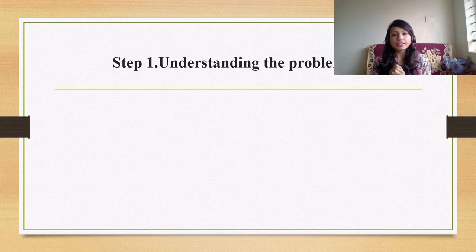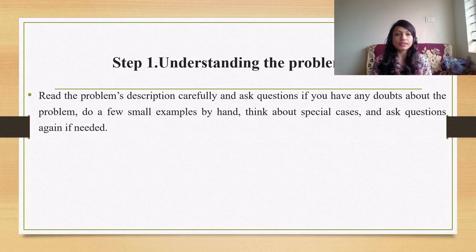So first step is understanding the problem. This is very important in design and analysis of algorithm. Without understanding the problem, if you try to solve it, you might end up with a solution which doesn't match your problem. So you have to carefully understand the problem, spend enough time, then only go to the next step. So what you can do to understand this problem carefully? You have to read the problem description carefully and ask questions if you have doubts,